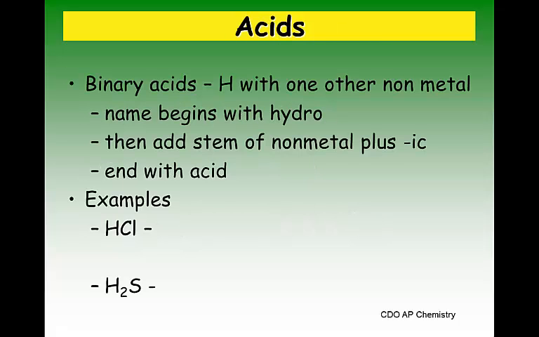Okay, so now we're going to be looking at nomenclature of acids. Acids actually will begin with a hydrogen, and if it's a binary acid, it's just going to be hydrogen with 1 other nonmetal. When you name the acid, you're going to begin with hydro, then you're going to add the